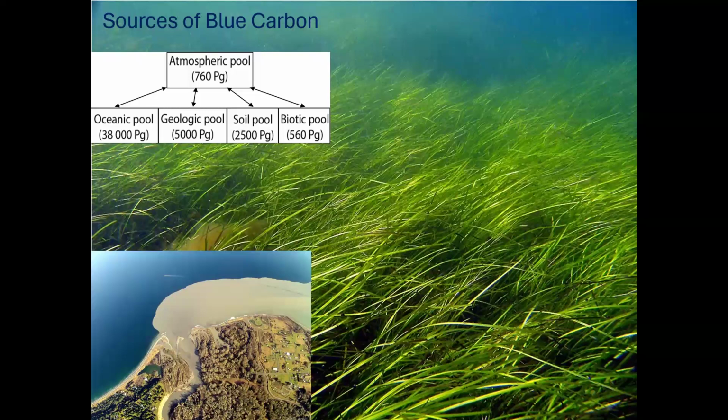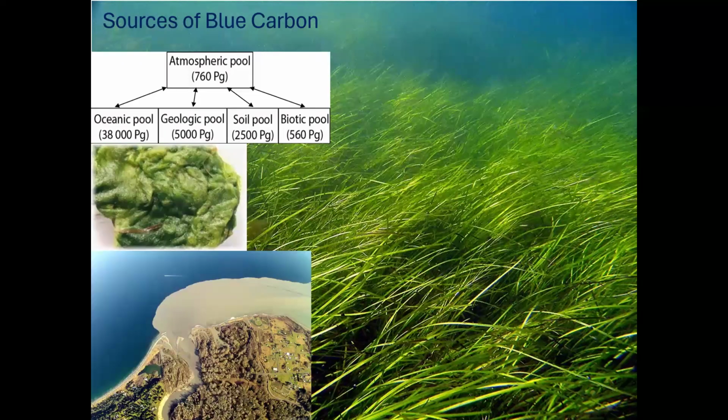So typically where you've got high fluvial inputs, you've got organic material running off of terrestrial ecosystems. Some of that will be dissolved organic matter, some of it will be particulate organic matter, and that will be carried down and is typically deposited in the nearshore littoral, particularly around mangrove ecosystems.